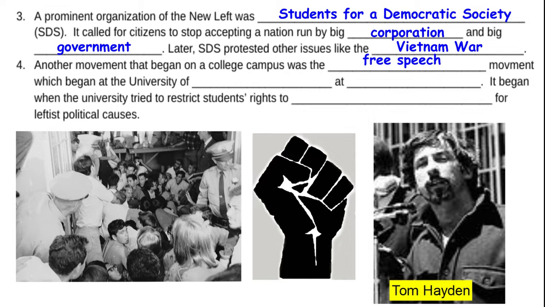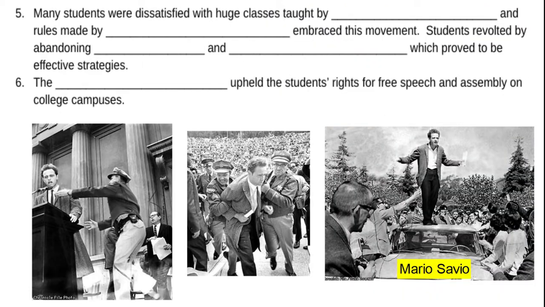And it really kind of centers around the University of California at Berkeley. The campus administration had some different rules that kind of restricted individuals' First Amendment rights. And many of these protesters were wanting to distribute literature that were for some of the leftist political causes. That caused a stir among the administration,